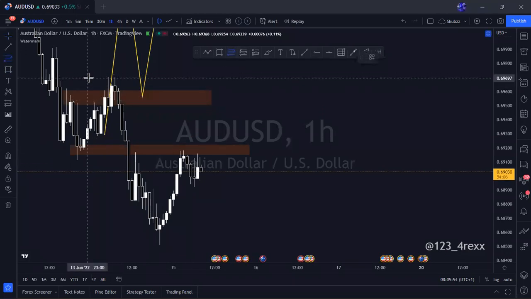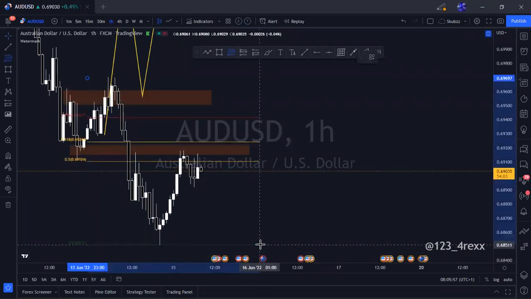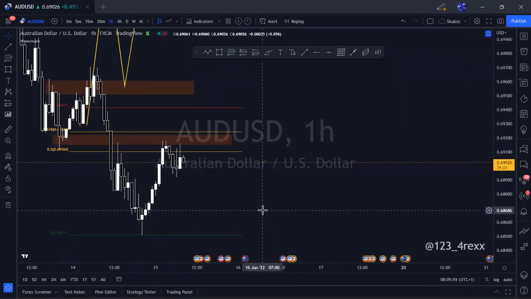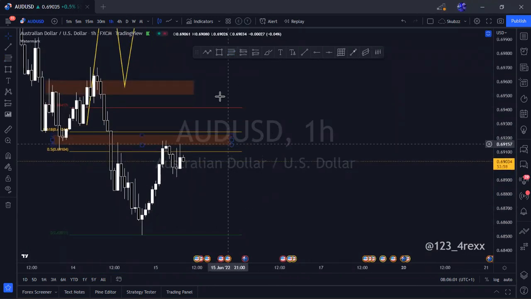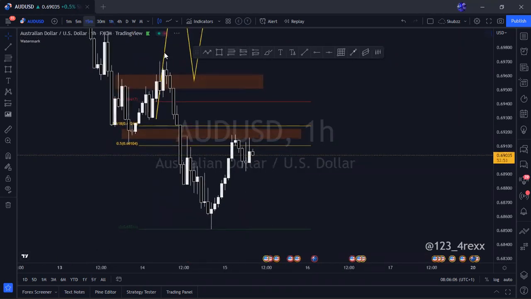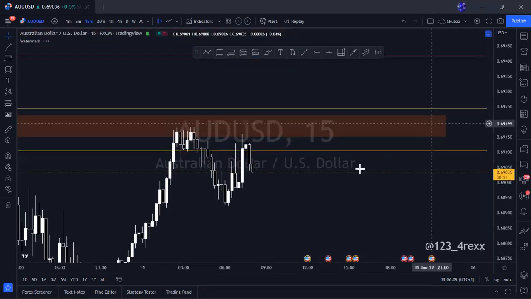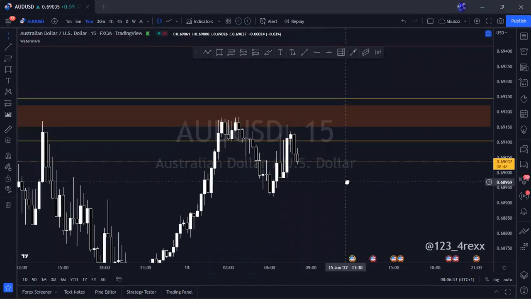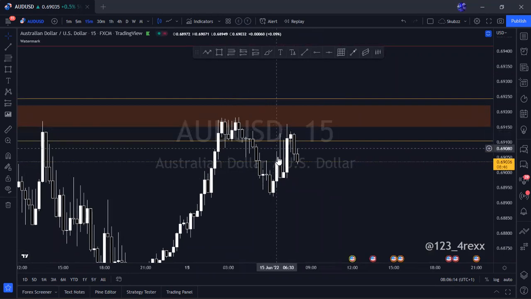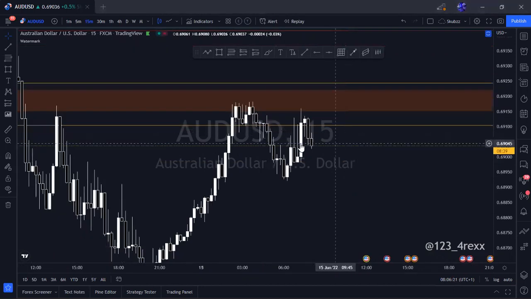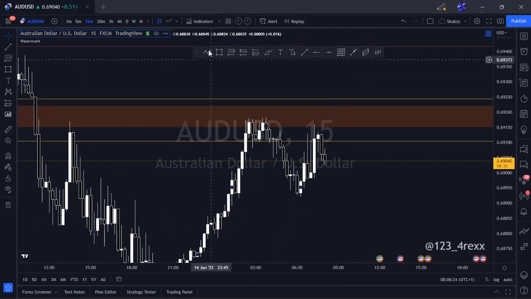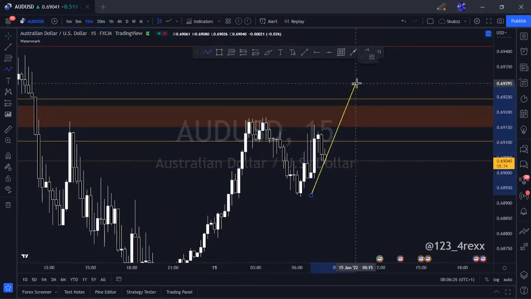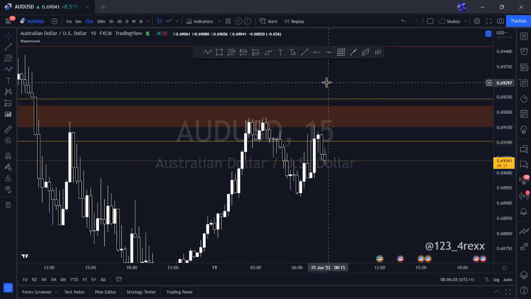Let's drop our Fib and see what we have. Yep, it's inside the golden ratio. Now let's watch out and see how price is behaving on the lower time frame. Are we seeing any shifts? Not yet. I've not seen any of my entry criteria yet. So this one is a bit tricky. I'm actually expecting price to push deeper first before we see that shift.